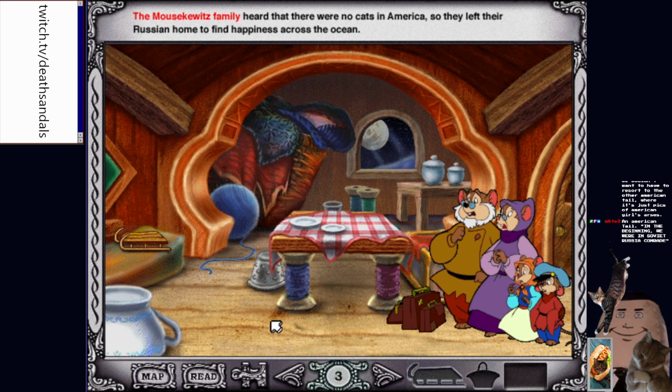The Mouskovitz family heard that there were no cats in America, so they left their Russian home to find happiness